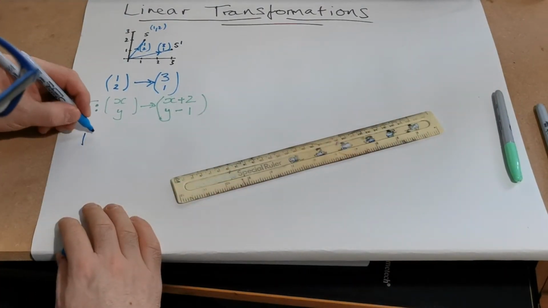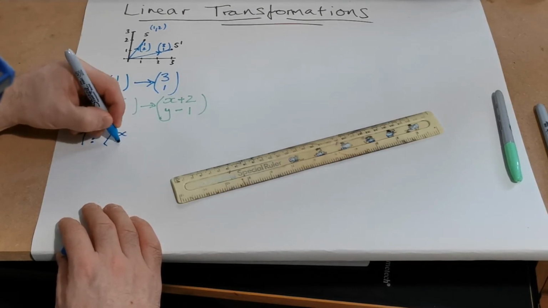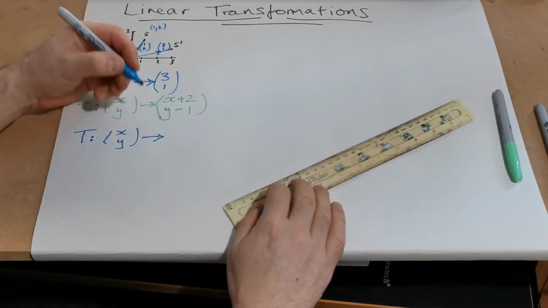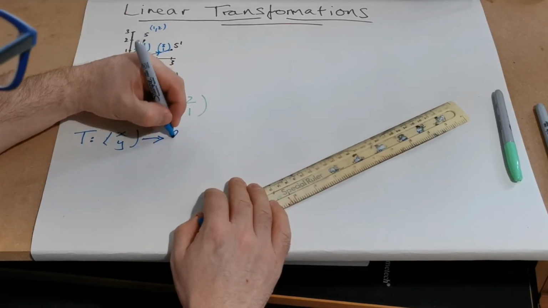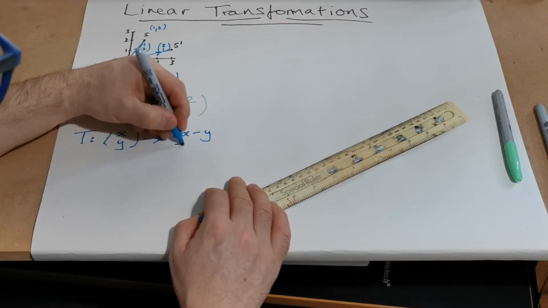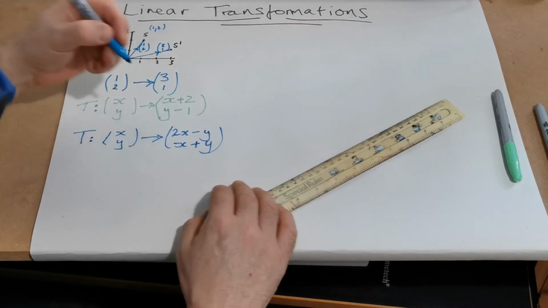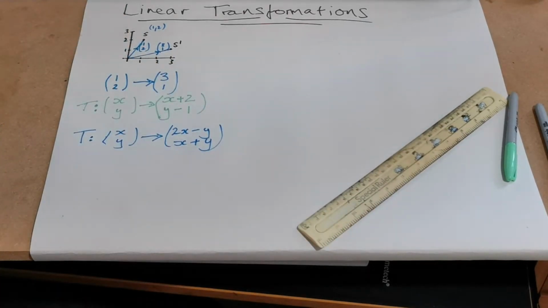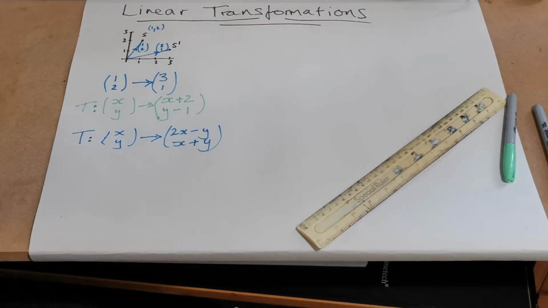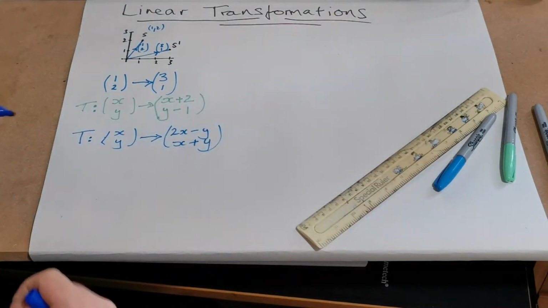Another example of a transformation might be, I'm going to transform (x, y) so that it becomes (2x minus y) over (x plus y). And that's quite complicated, as you'd expect. Now, something is called a linear transformation